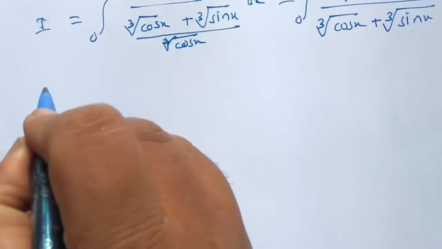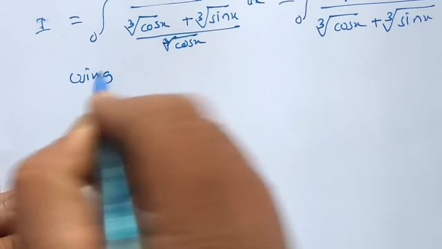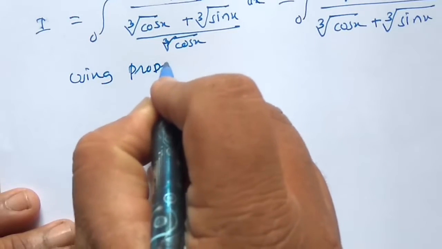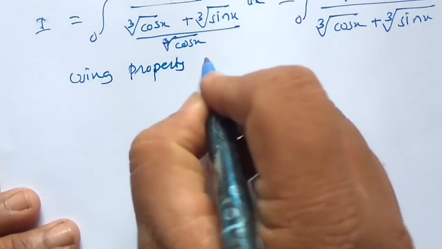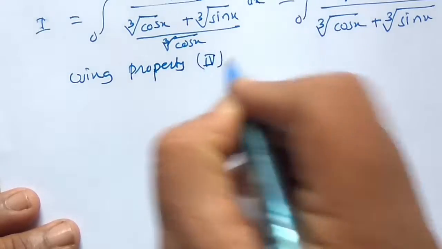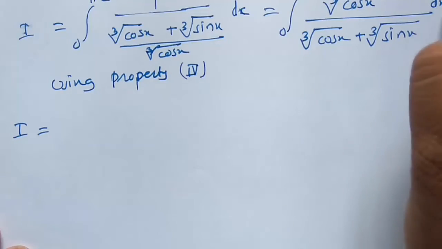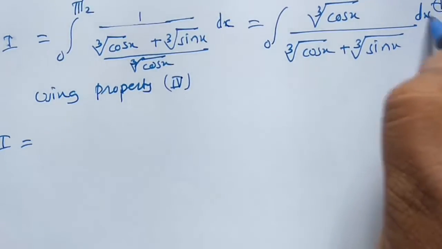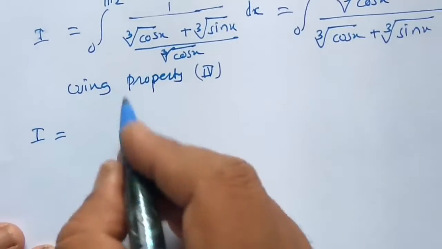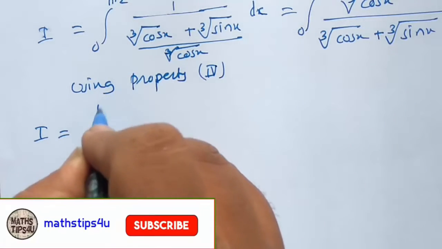So using property fourth, I becomes, and it is called equation number 1, and therefore I is now